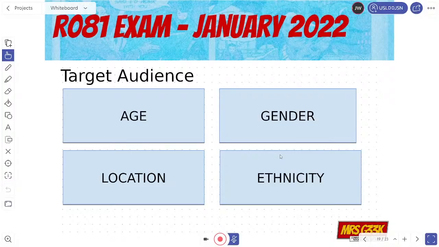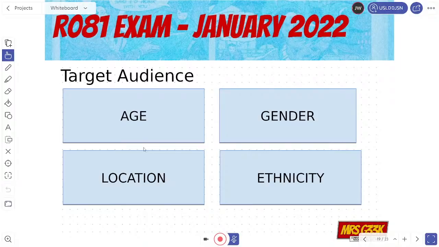But essentially, your target audience is a way of classifying all of the people in the world into a group of people who you want to use your product. And they can be categorized in a number of ways. One of those being by age, one of those being by gender, one of those being by location, and one of those being by ethnicity. And in an exam, you're typically going to be asked a number of questions based on how might you give an example of how you categorize people by age, or give 2 other ways other than gender of how you can categorize an audience, something along those lines. So that's typical. So you need to be aware of these categories, and you need to also be aware of how to group people within those categories.